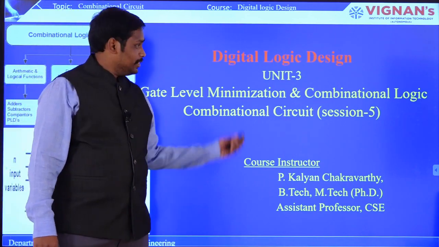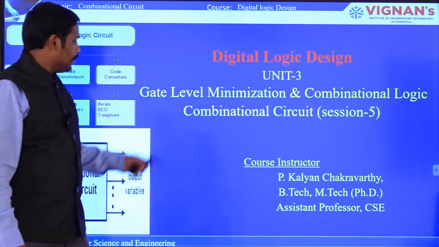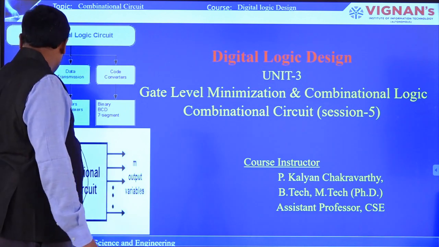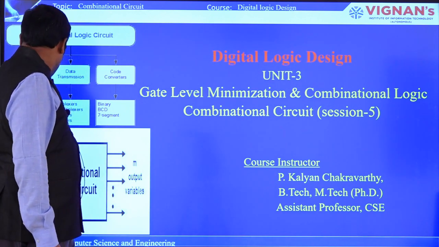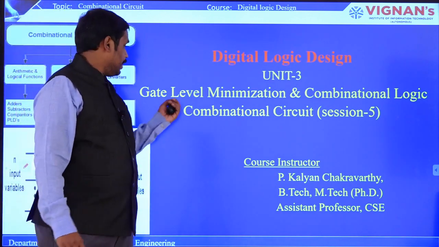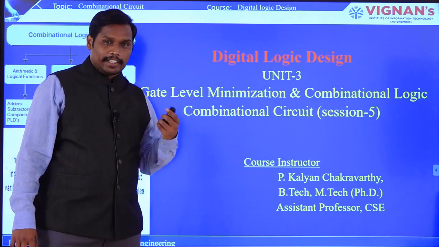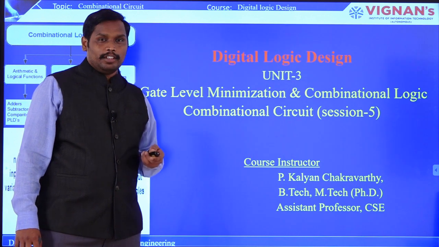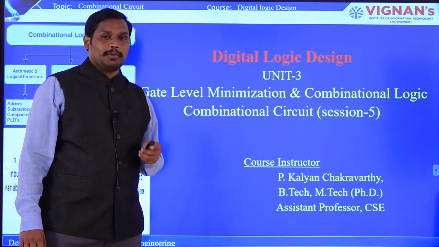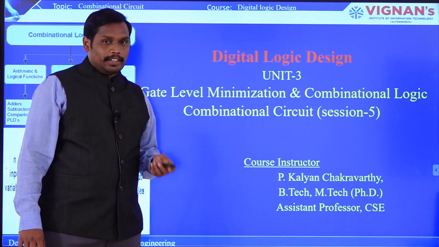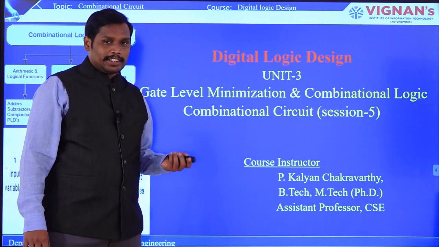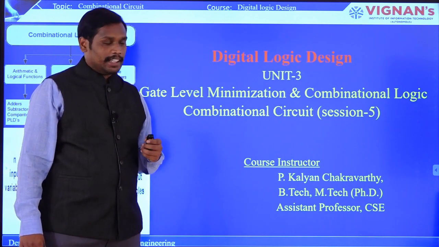So welcome to unit 3, that is gate level minimization in combinational circuits. In the gate level minimization, we have seen POS expressions and SOP expressions that we have solved with the Karnaugh map as well as the Quine-McCluskey tabulation method, right? And we have also seen what the universal gates and basic gates are in the previous class, and this is